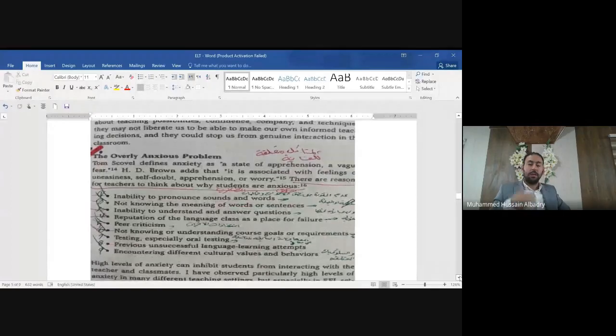Sometimes you find this problem inside the classroom, that your students are anxious. Fear. They are afraid of something. Why? You see here, very important: inability to pronounce sounds and words. Some students are not able to pronounce or speak and have mispronunciation, so they are anxious.